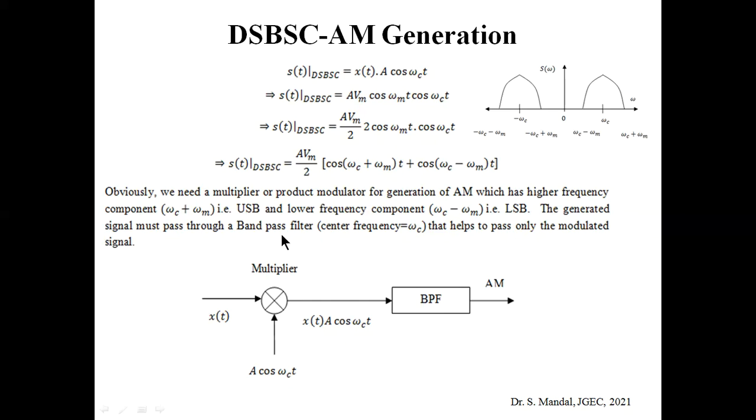What is the purpose of using the band pass filter? It will pass a certain frequency band through it. For DSBSC AM generation, we use a bandpass filter whose center frequency is omega_c, upper cutoff frequency is omega_c plus omega_m, and lower cutoff frequency is omega_c minus omega_m. In that case only this spectrum will be passed through it. What is the necessity of using it? If you don't use the bandpass filter, other frequency components like omega_m or its harmonics can pass through it.